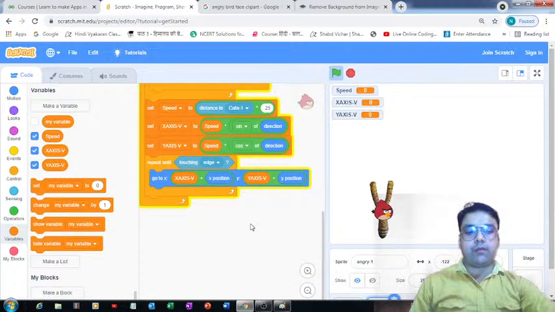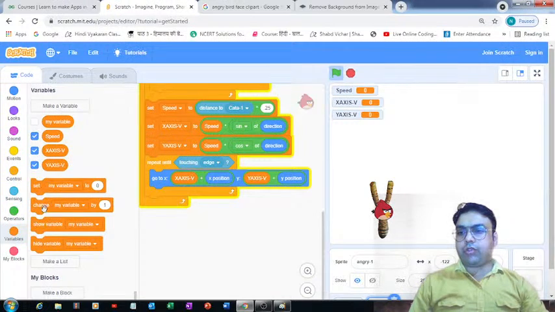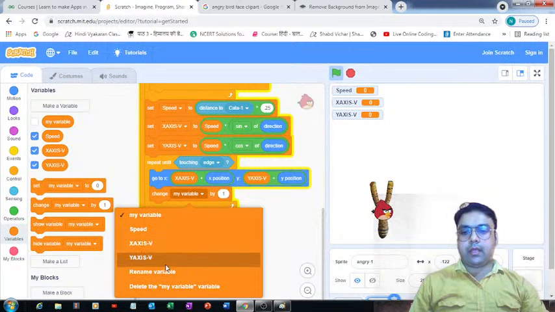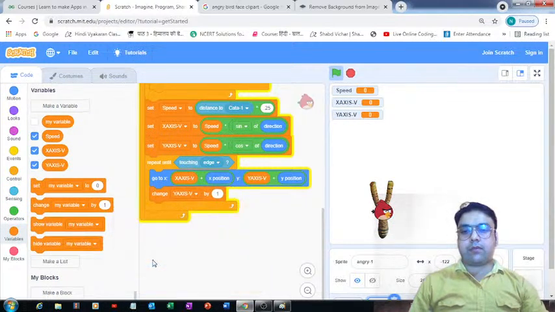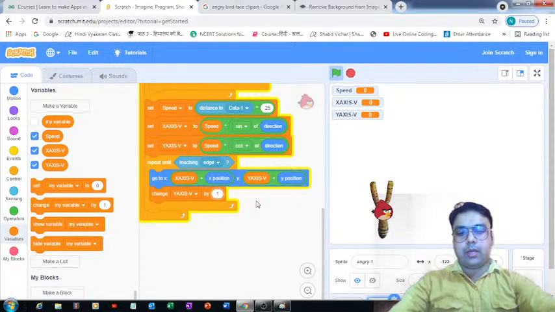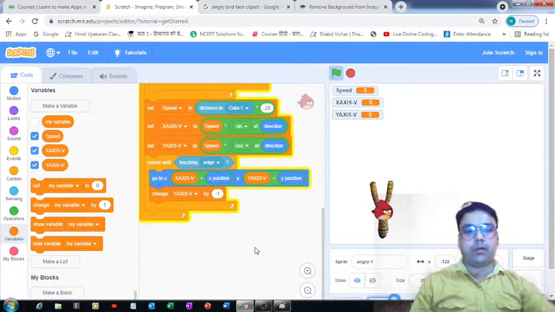So we are done with setting the position of the Angry Bird's face. And what else do we need to do now? We need to change the value for the y-axis velocity. So I would like it to be equal to -1. I think that will be great.